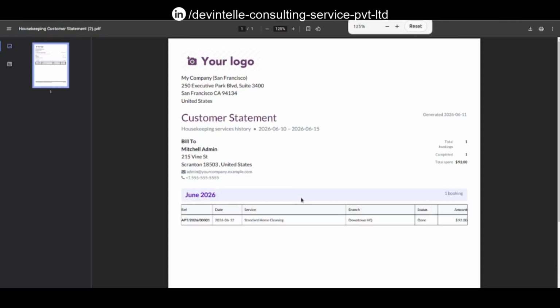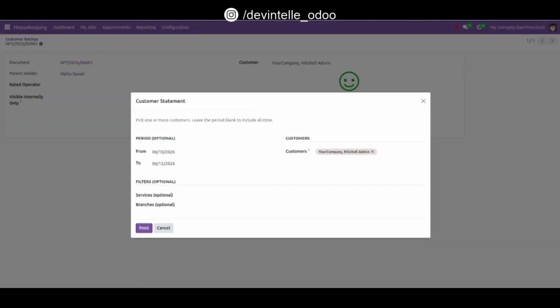Now it displays the customer statement in PDF format. So housekeeping service history with start to end date, billing address, total bookings 1, completed 1, and total spent $92. And also displays this month with year, June, reference number, date, service name, branch name, status, and total amount $92. Again go to your app